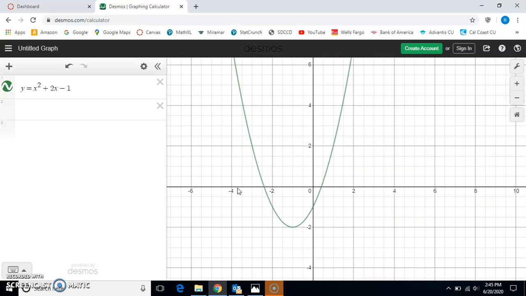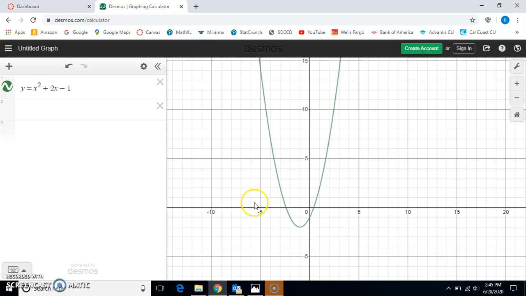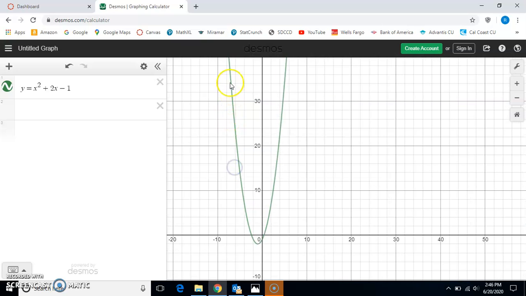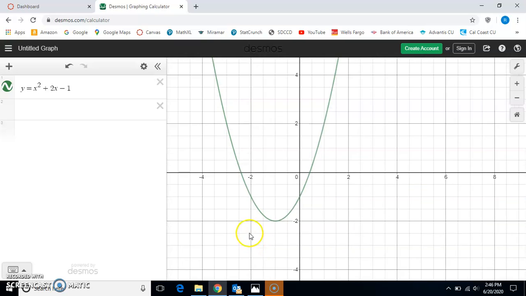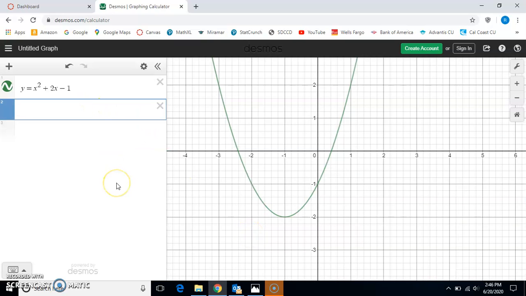We also plugged in, I was just plugging in a couple random numbers, -7, and that's going to be way, way up off the screen. I don't know if I really want to chat about this too much, but we can imagine the tangent line way up there, very steep. I'd like to also graph